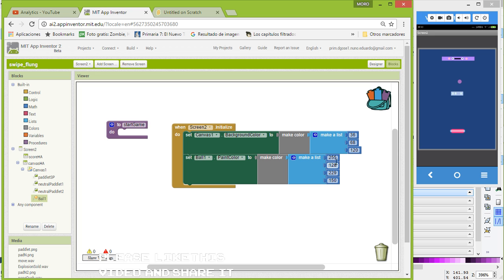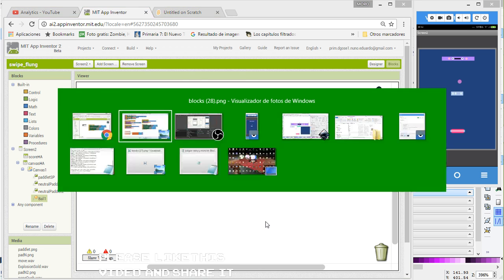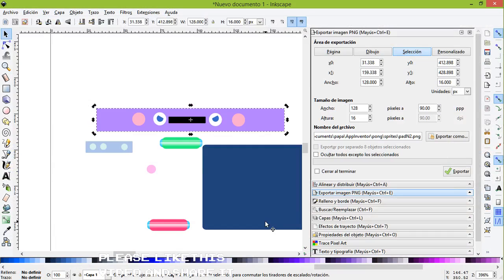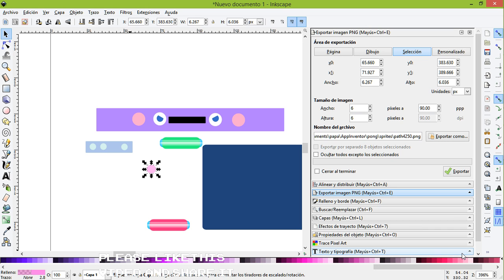Okay, so now we can change the color or something. For example, if I want something less transparent, I just increase this value until 255. So I guess that's okay. And maybe for the color, I want something like pink. What about here? If we go here, I guess that's okay. So I change here in color